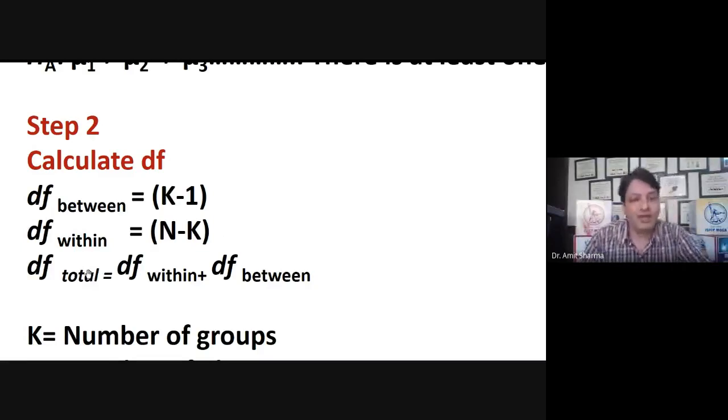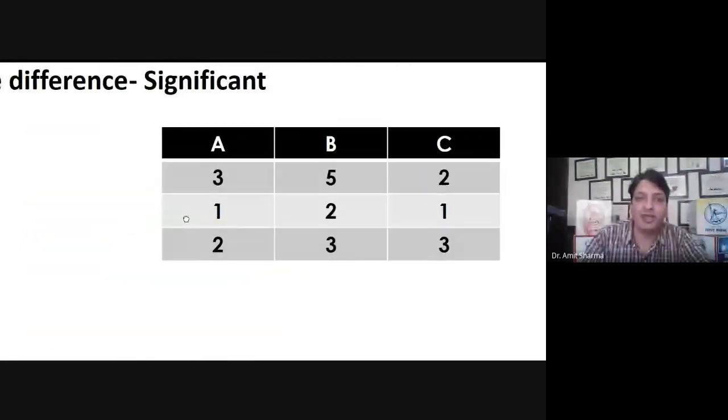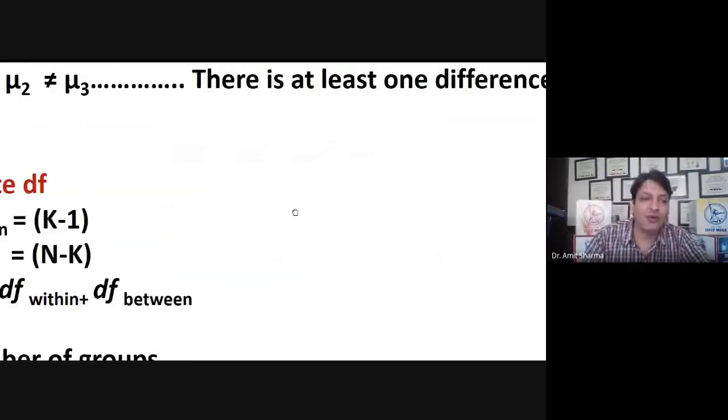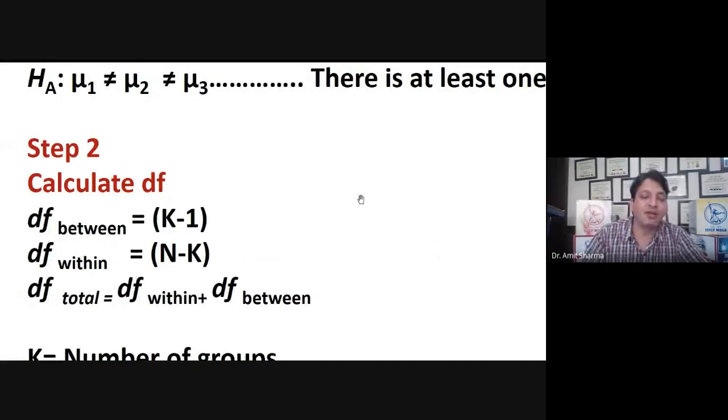So for each group, you have to calculate these three things. For example, we have three different groups A, B, and C. For whatever steps I'm going to take, steps 3, 4, and 5, we have to calculate between, within, and total for all the three groups separately. Then we can proceed for the manual calculation of ANOVA.